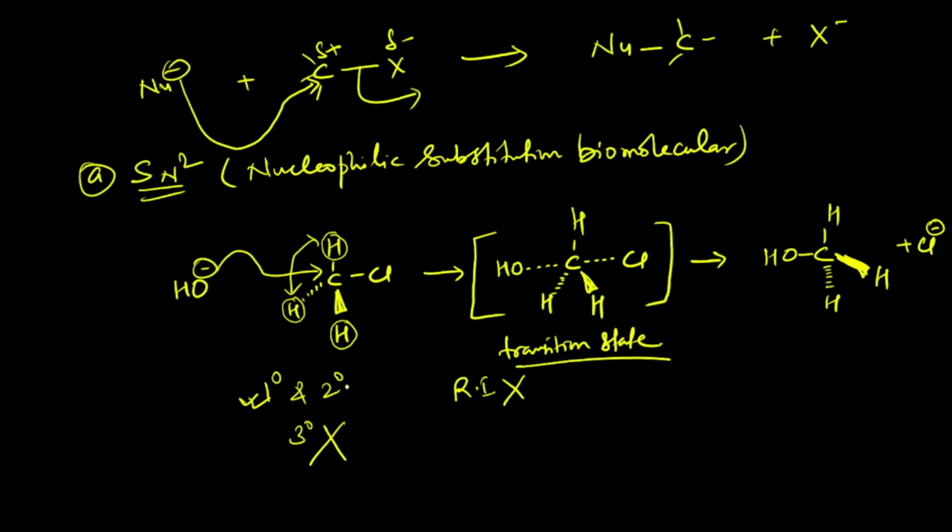In secondary maybe 50 to 60% chances are there that it will take place, but tertiary it won't take place, correct? So we'll write a few lines and then we'll discuss why it is not taking place in a tertiary, correct? So first we'll write it, so just write down the reaction,